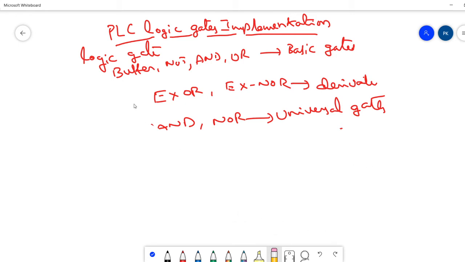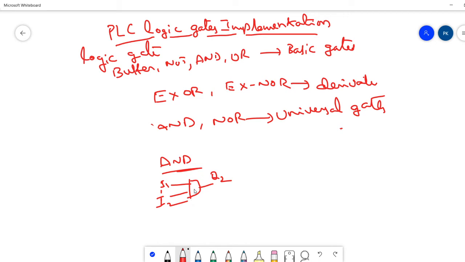Now come to the AND gate. The symbol for this AND gate has two inputs, input 1 and input 2, and the output is, for example, Q2 or Q3, whatever may be, that is our wish.